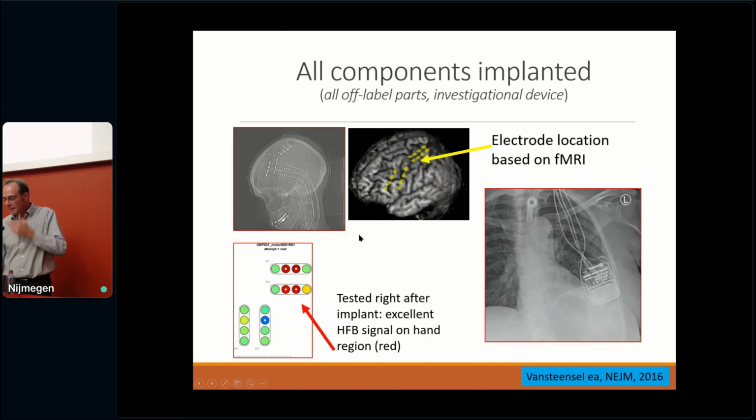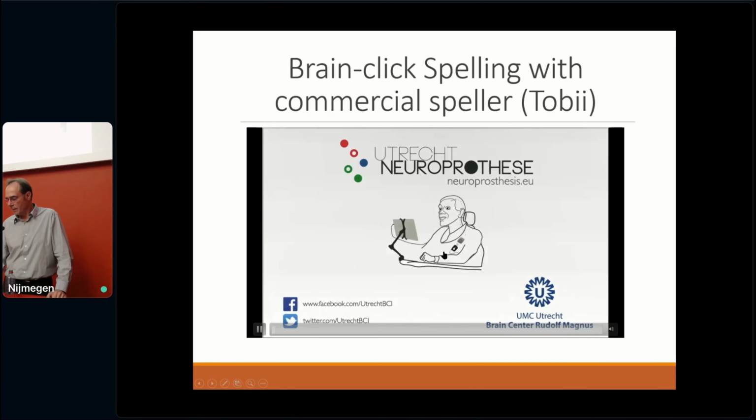So this is the implant. There are electrodes placed based on the fMRI. We can only attach 2 of these strips of 4 electrodes. This is her tracheostomy and a device underneath the skin on the chest. So the signal,